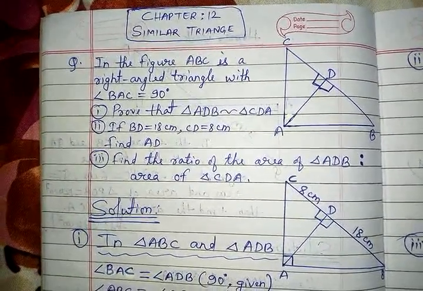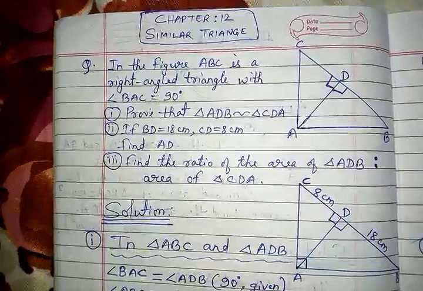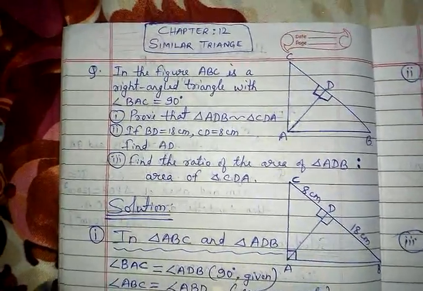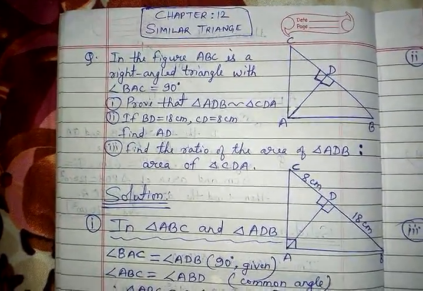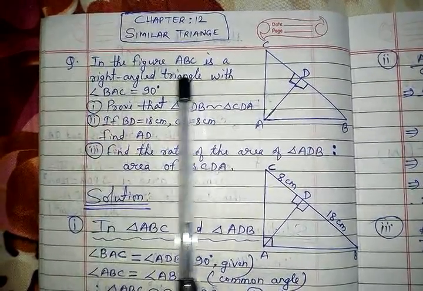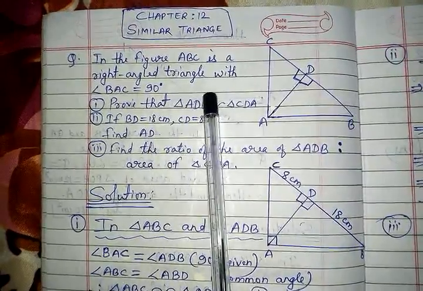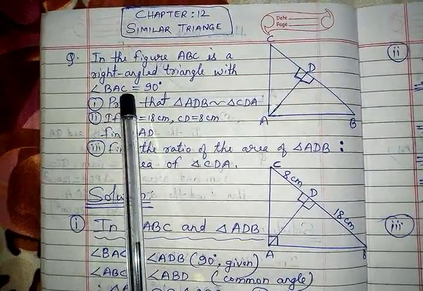Class 10 children, today I will discuss a very important question from similar triangles. This question is a little different from all the other questions. So let us begin. My question is, in the figure ABC is a right angled triangle with angle BAC